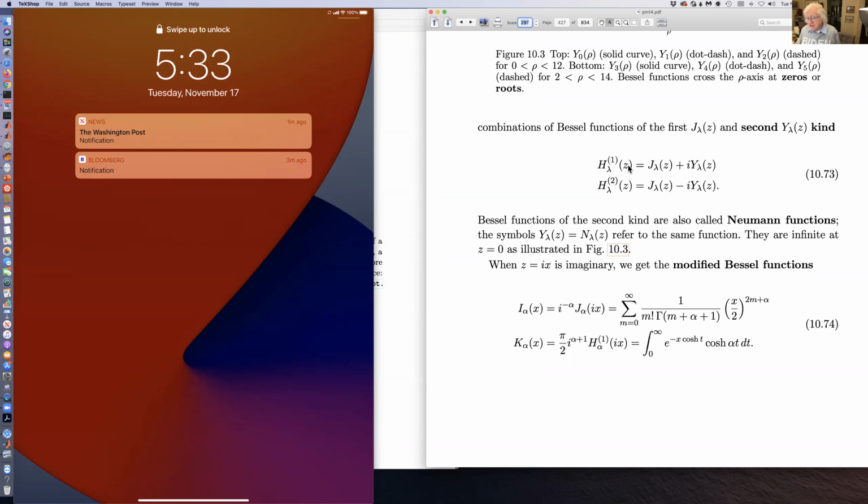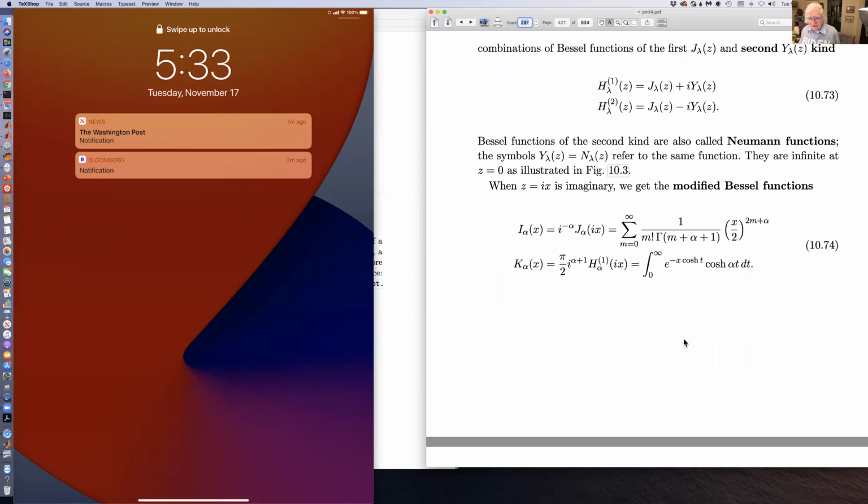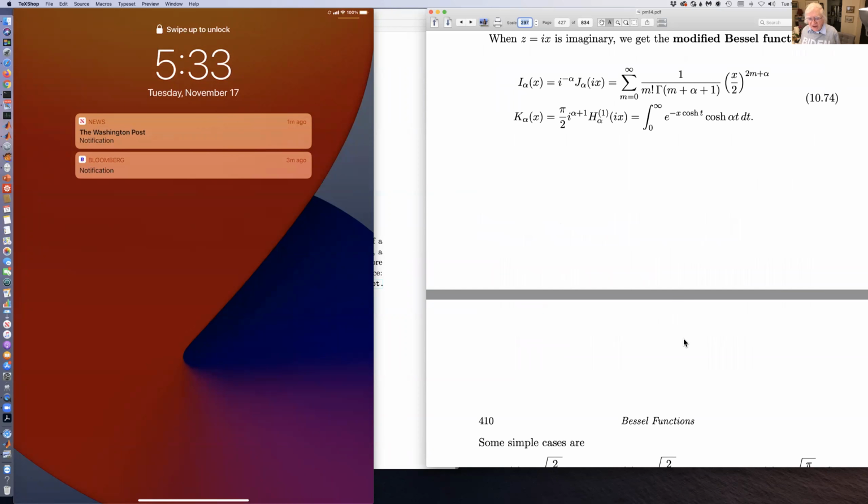We've been thinking of z and lambda as arbitrary complex numbers, but in fact, if z is purely imaginary, what we get are called modified Bessel functions. So the Hankel functions turn into modified Bessel functions. And two examples of that are